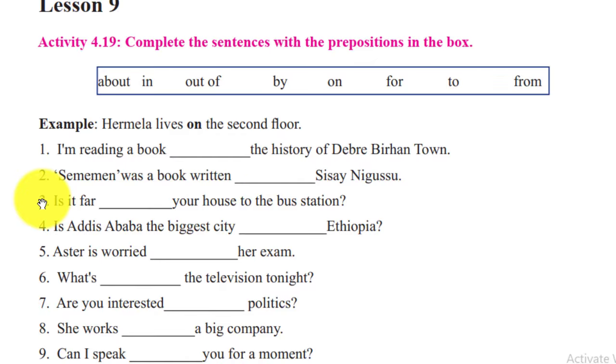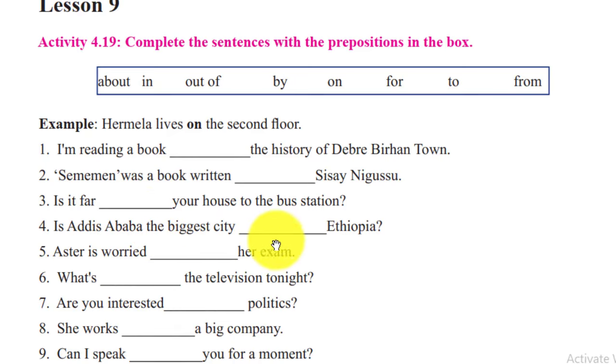the third one is it far blank your house to the bus station ይላል። it's about normally direction ነው አሁን እዚህ ጋር የሚያሳየው ቤቱ ከባስ ስቴሽን ጋር ያለውን ርቀት ነው ሩቅ ነው ወይ ስለሆነ እዚህ ጋር to የምትል ዳይሬክሽን አለች ከሷ ጋር ሞር አብሮ የሚሄደው ማለት from ነው። is it far from ሩቅ ነው እንዴ from your house to the bus station መነሻ ነው from your house ነው መነሻው መድረሻው ደግሞ to the bus station ነው። ስለዚህ from is appropriate ነው። ስለዚህ because it is followed by to ከቱ ጋር አብሮ ስለሚሄድ